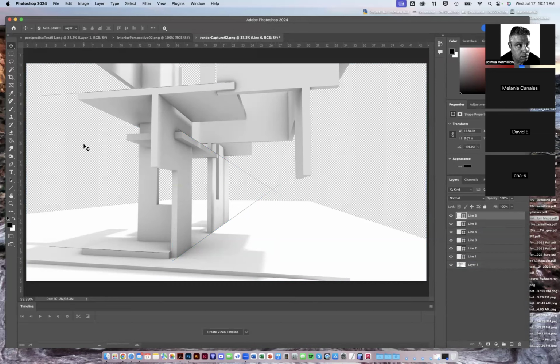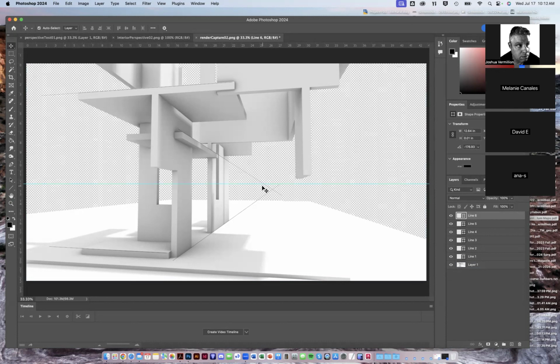From there, look at what I'm doing. You can see that I have rulers on, right? So I have a ruler along the top and a ruler along the left. If I click and drag on that top ruler, I'm clicking and then dragging down. I'm dragging a guide. So now I can establish where eye level is,